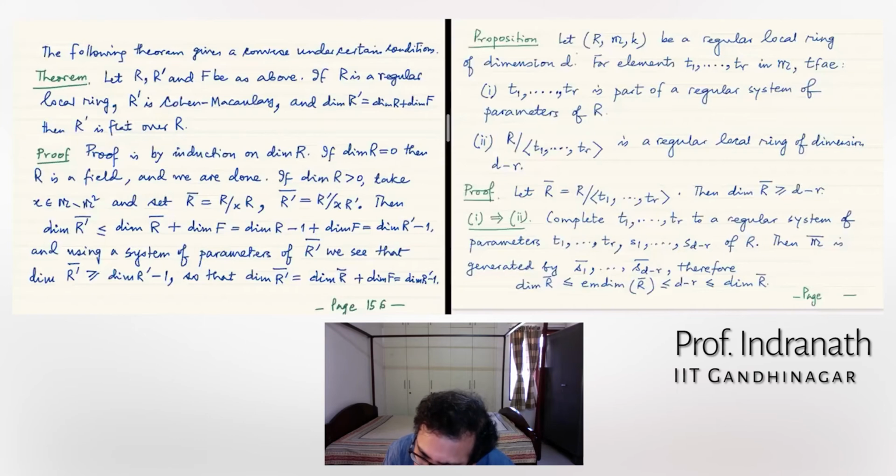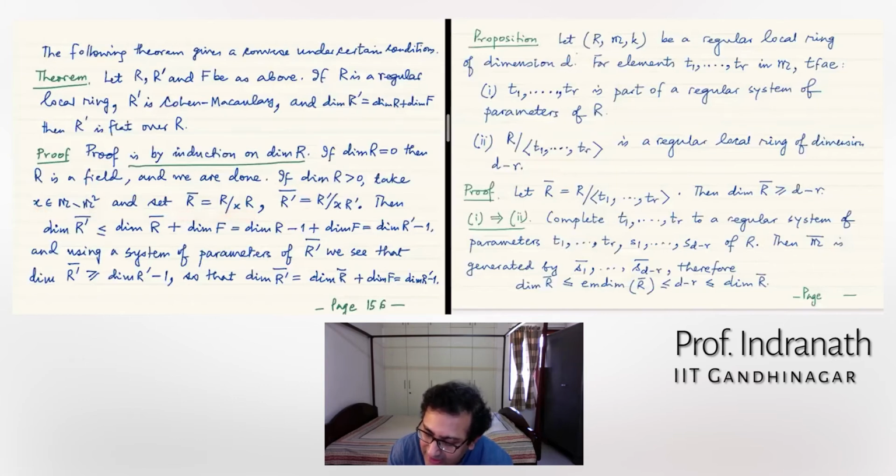Please make a note of this. If dimension R is 0, please remember that R is regular local, so of course it is a field and we are done. Now, dimension R positive. Take an x in m minus m squared. This is, as I told you, going to be the process. You choose an element x non-zero and not in m squared, and then set